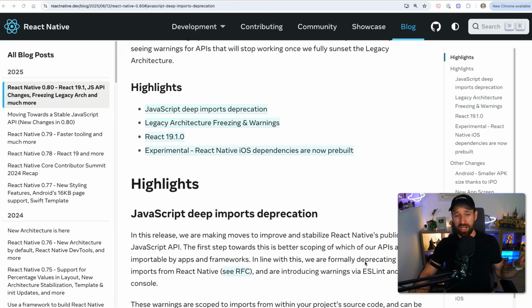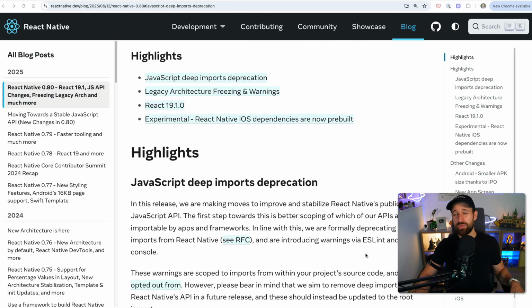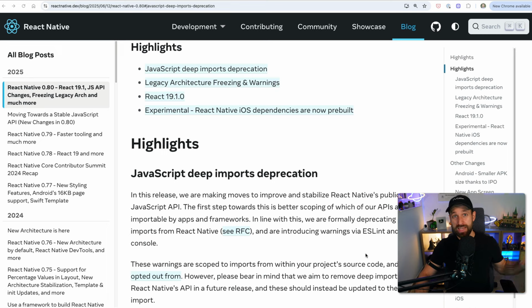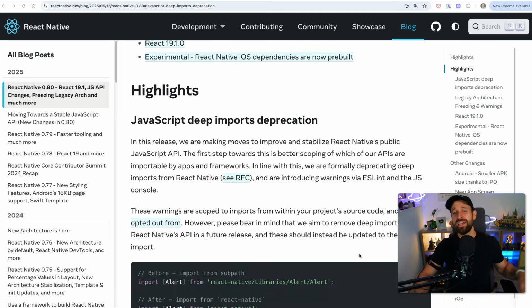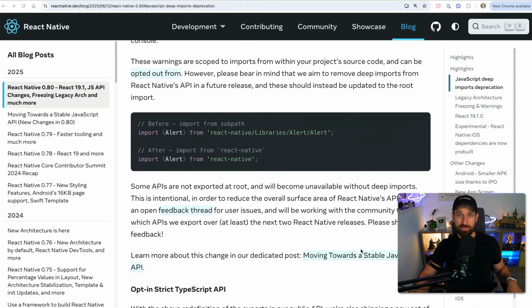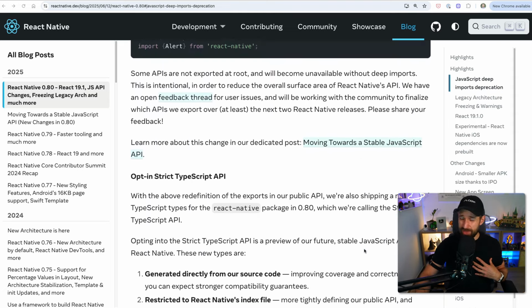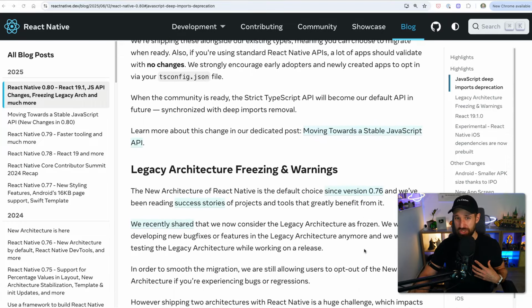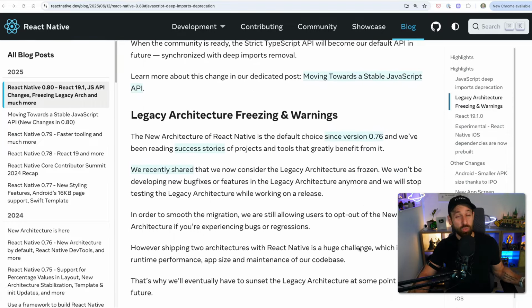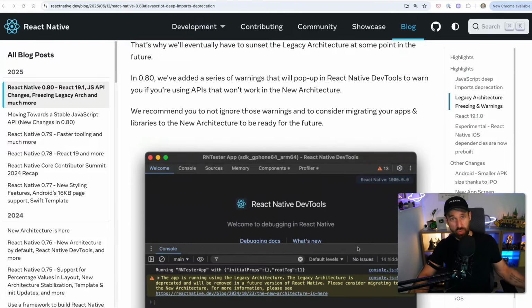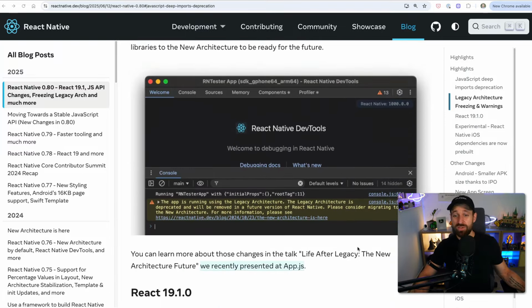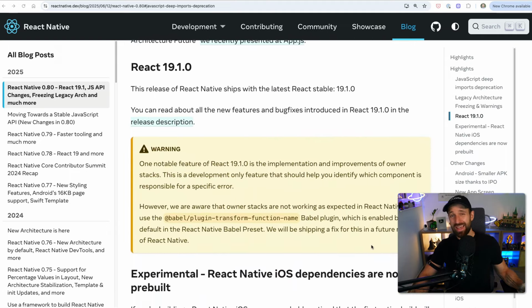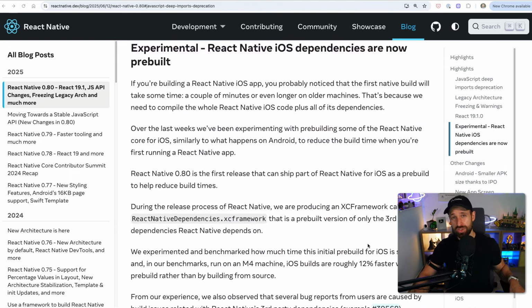On top of that, this release now also includes the first steps towards this stable JavaScript API that we talked about in the last episode. So check that out. The whole story about the frozen legacy architecture and the stable TypeScript API is in that episode where we also talked about the app.js. Now they begin by deprecating deep imports. Again, I have never actually used deep imports in React Native. I don't know. You shouldn't do this. It's now deprecated. You get warnings about the legacy architecture, which will nudge you towards upgrading and migrating to the new architecture, which is definitely a smart move,